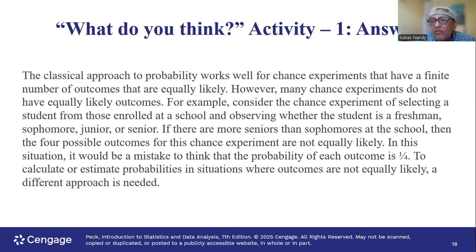As you noticed in this case, what we did was we counted the number of students in each category, freshman, sophomore, junior, and senior, added them together, and got the total number of students from the four categories. That goes in the denominator. Then if we want to find the probability of a senior student, we take the number of senior students in the numerator, the small number, divided by the total number of students, the large number. That will give us the probability of selecting a senior from that college.